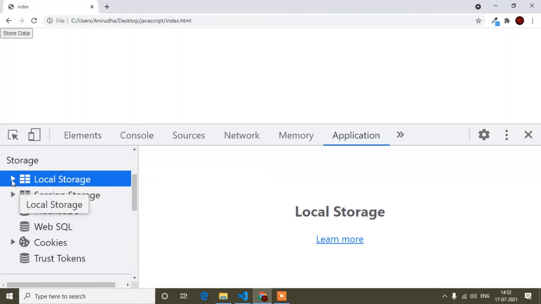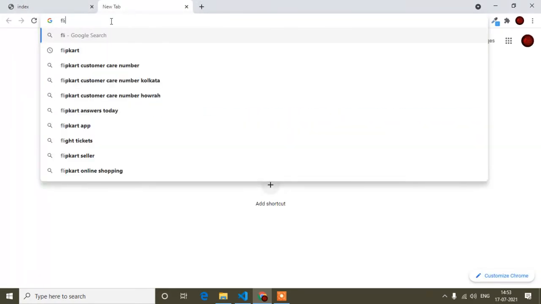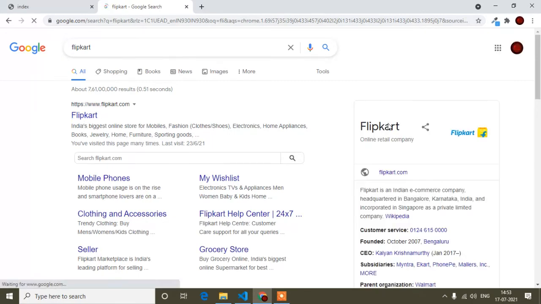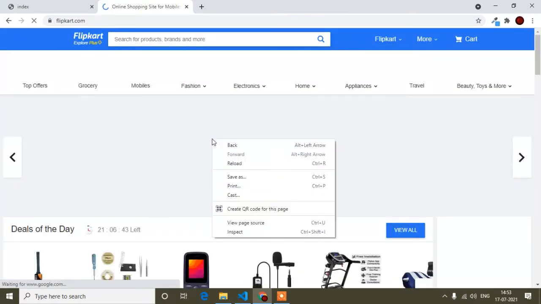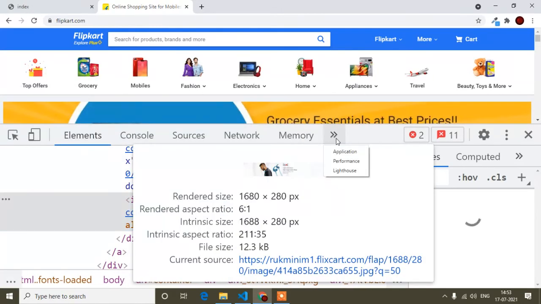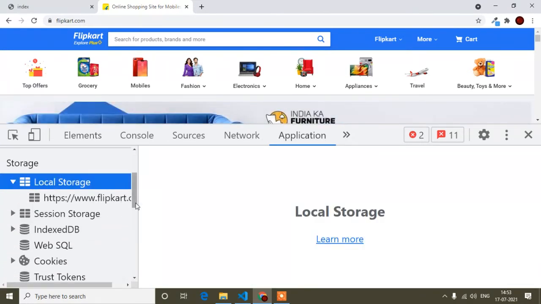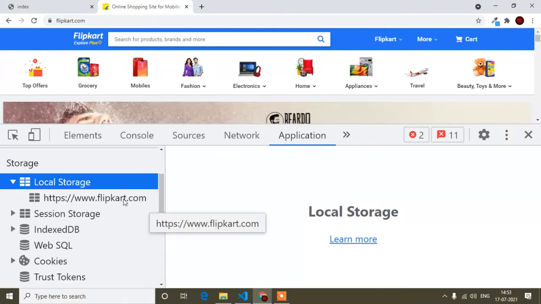Okay, now suppose I open local storage. Here you will find the website name which you have opened. If I open the website Flipkart and inspect it, there you will find the link of Flipkart. I go to the Application tab, and if I open local storage, you can see it's showing this Flipkart link.